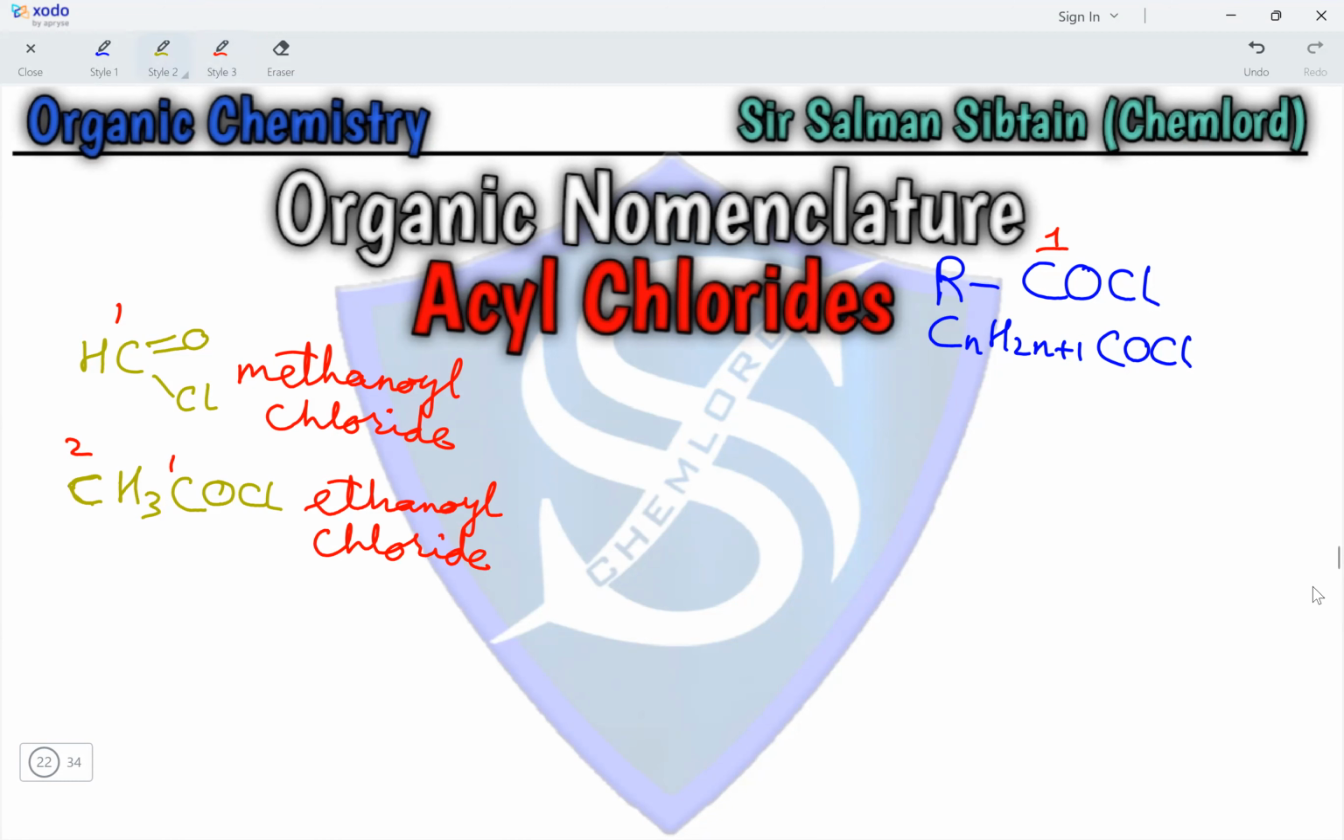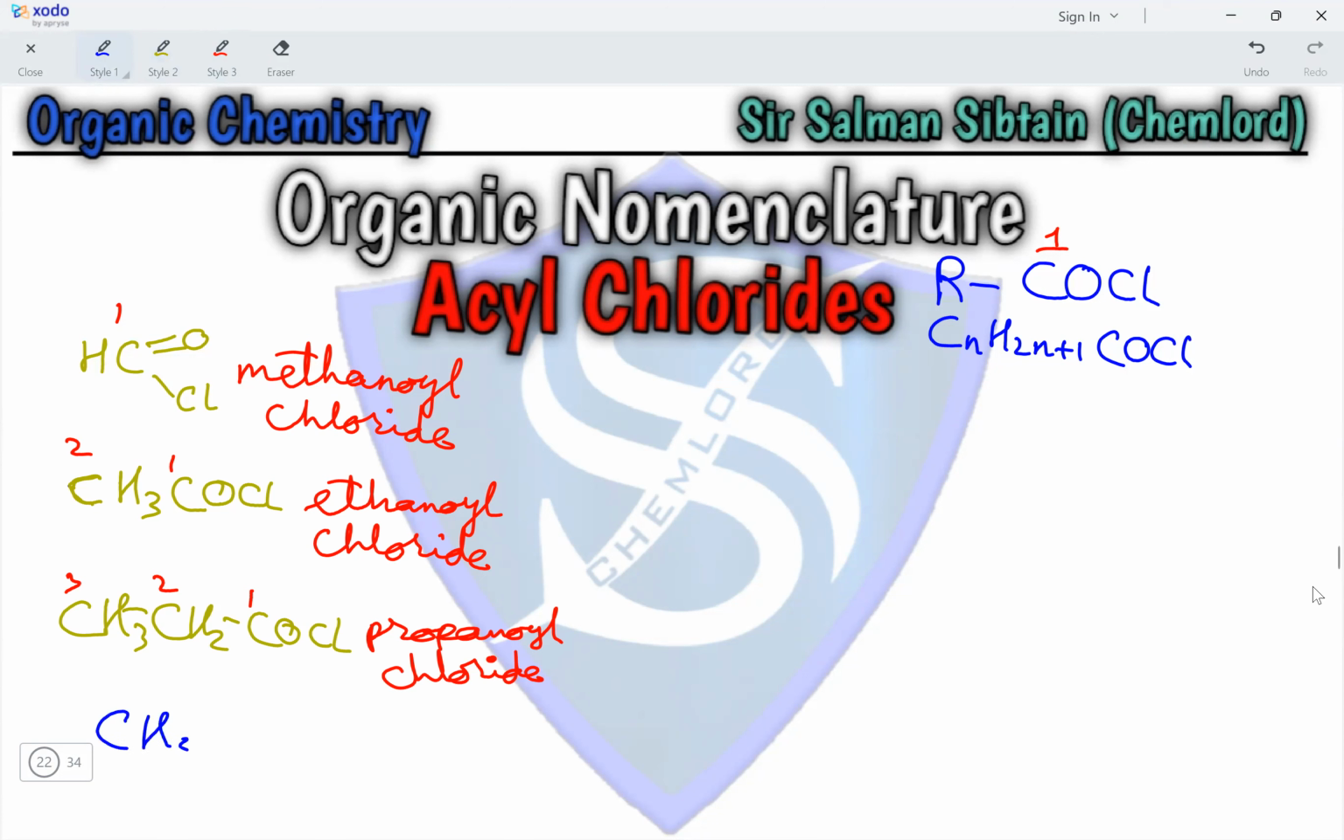The third compound in the homologous series would be CH3CH2COCl, and having three carbon atoms, this would be labeled as propanoyl chloride. Introducing substitute groups on our acyl chlorides, we would have CH3